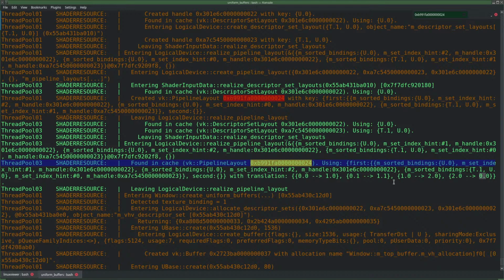Sorted bindings. Okay, why is it saying that it wants to translate 0 to 1? That was clear, because the texture with binding 1 and uniform buffer with binding 0 layout was hinted to go to set index 0. But what we found in the cache is